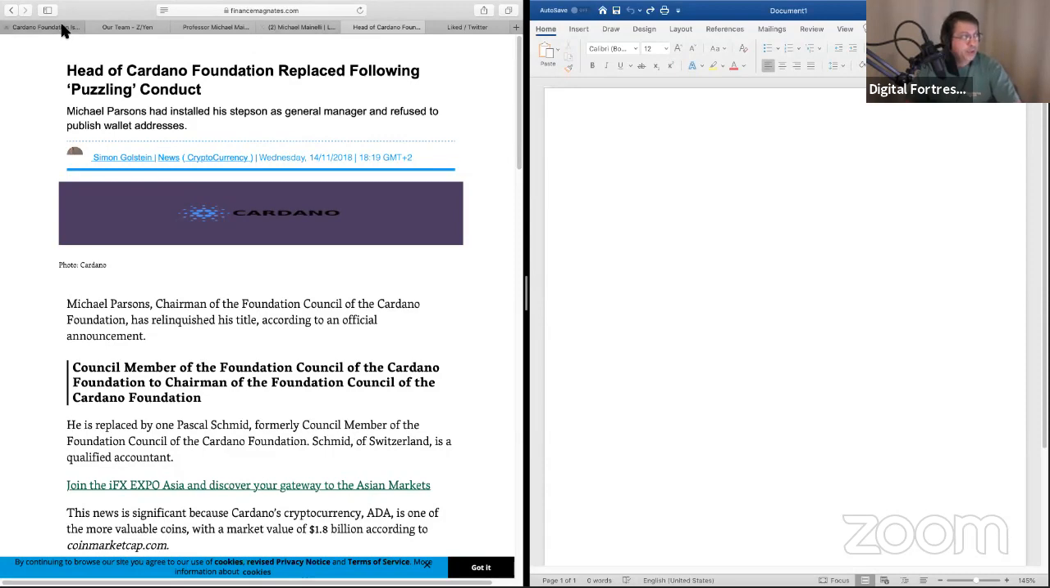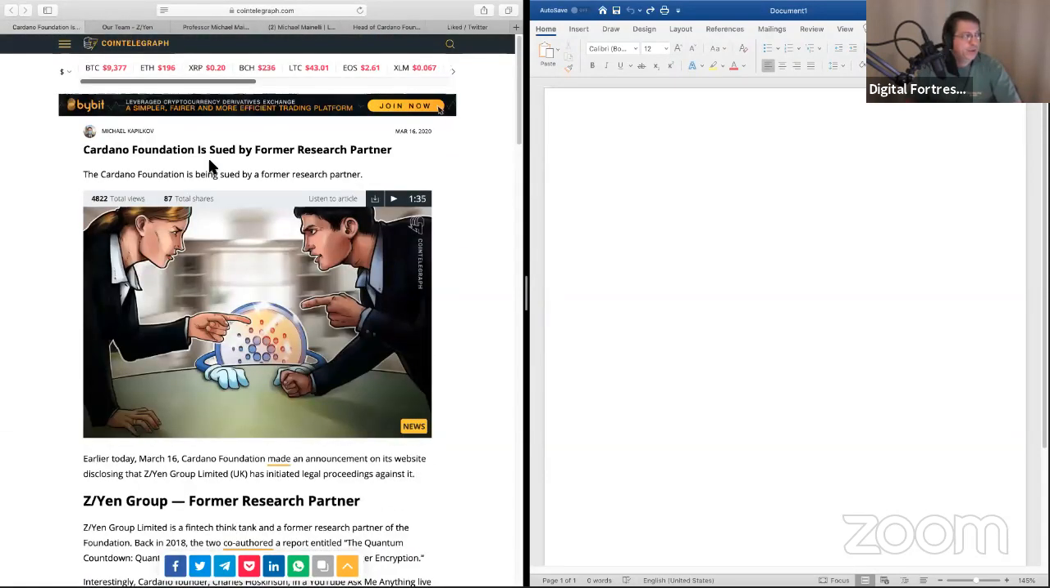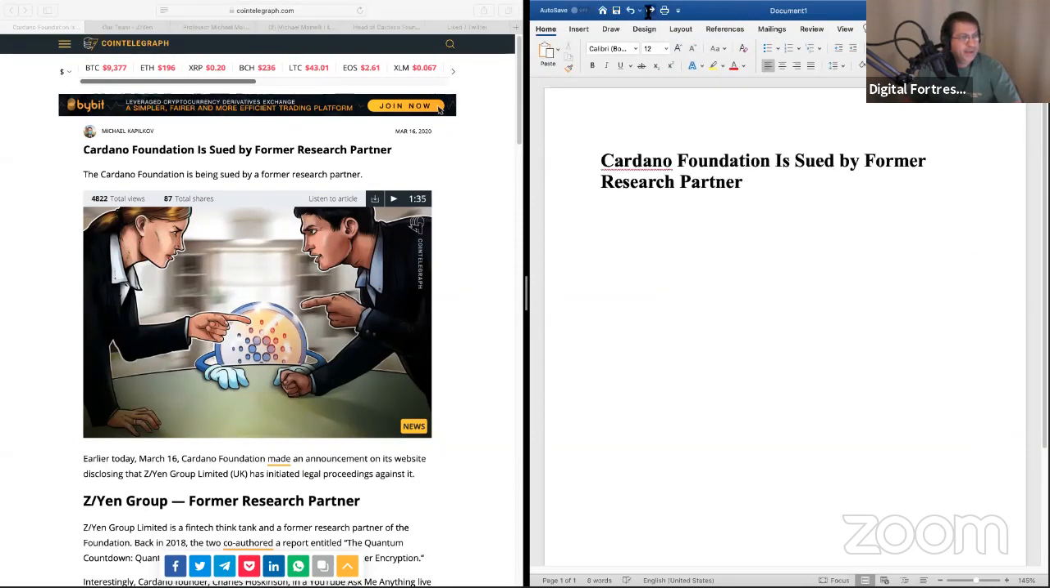So let's fix this article. Here's the headline: Cardano Foundation is sued by former research partner. And so we're going to copy and paste that over here into a Microsoft Word document. This is just an example, okay? It's just an example. We are going to say: Sheriff of London, Michael Manelli, sues, whoops, I should use a capital F,